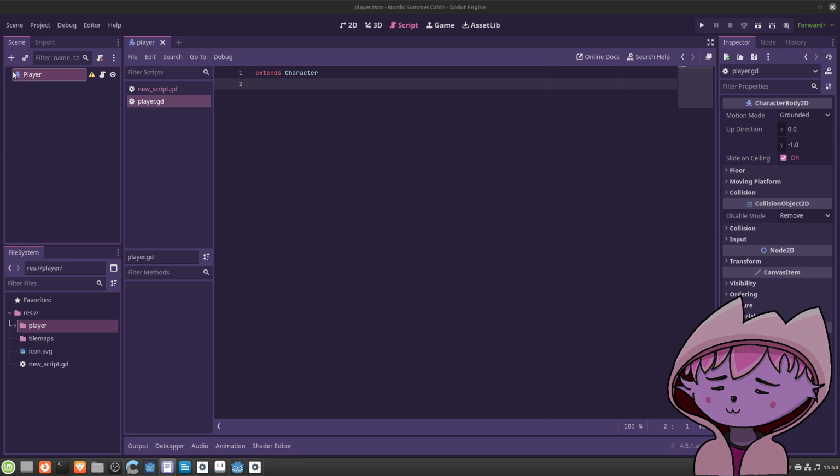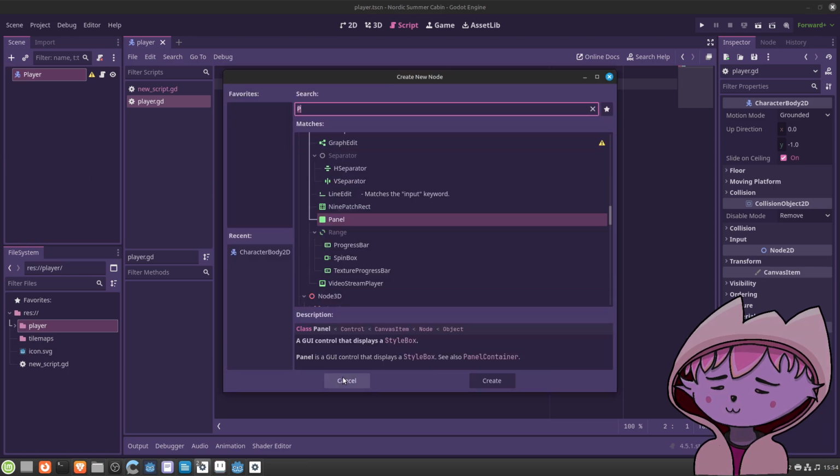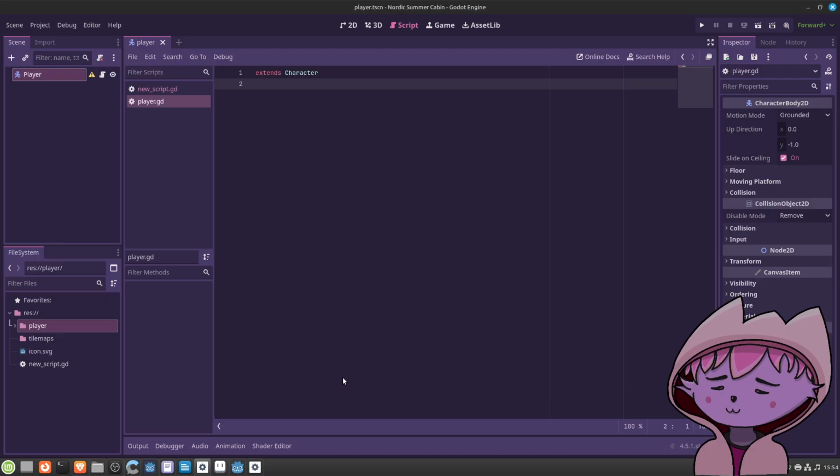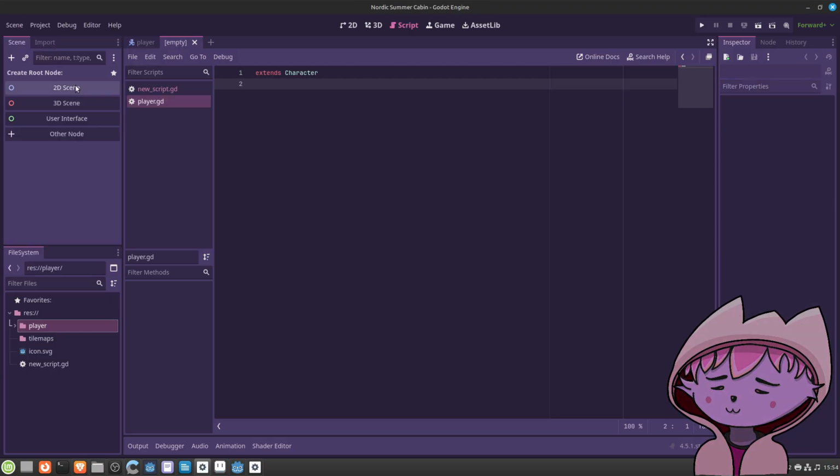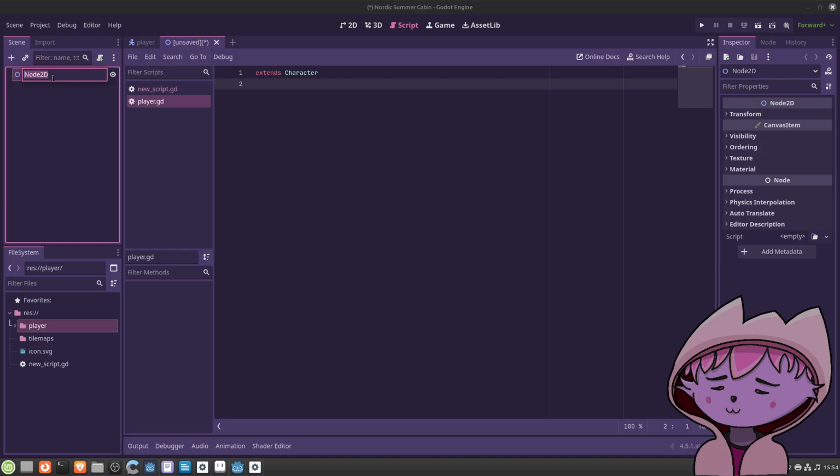Well, let's see. Yeah, so we could do it maybe like this: we could have an animation handler which extends Node2D, that's fine.